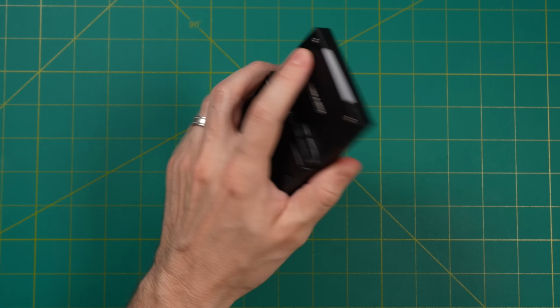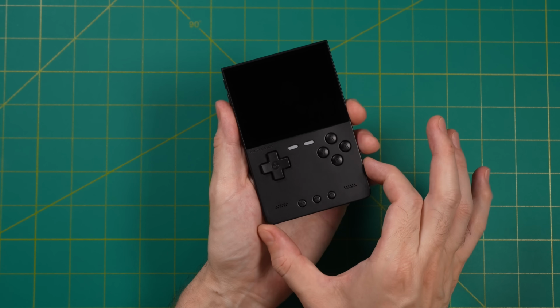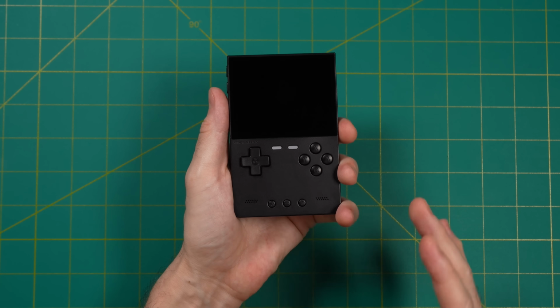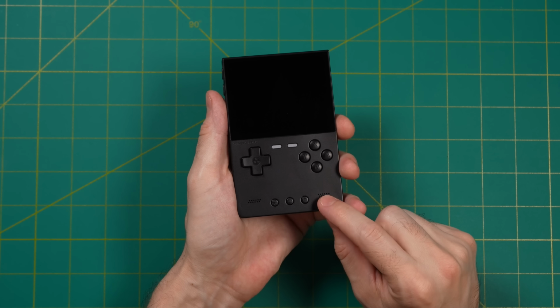I also really like the overall size of this device. It's about the same size as a Miyoo Mini, but not quite as wide. It's a little bit more narrow. In fact, before we even start testing buttons and stuff, let's do some size comparisons right now. Let's start with